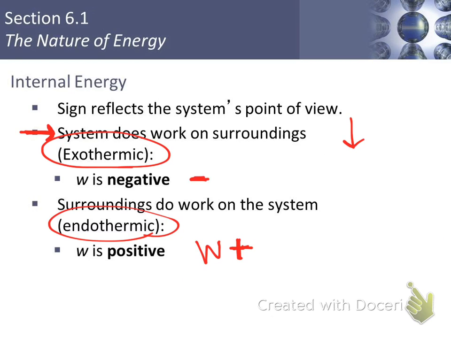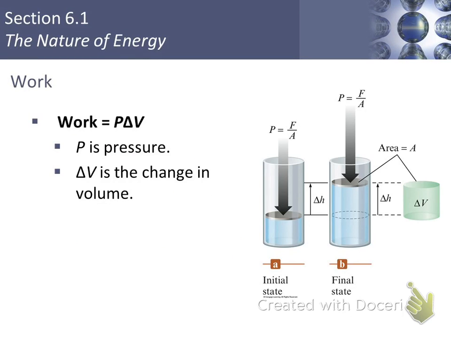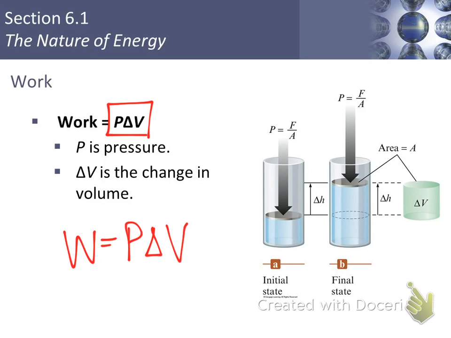Okay, so exothermic means negative work, endothermic means positive work. The equation to solve for work, if it's not given, is this: work equals P delta V. I wrote that on your cheat sheet. Work is equal to P delta V. It's a positive work value if we see a decrease in volume, but if it's an increase in volume, we tack a negative on there. I put that on your sheet,